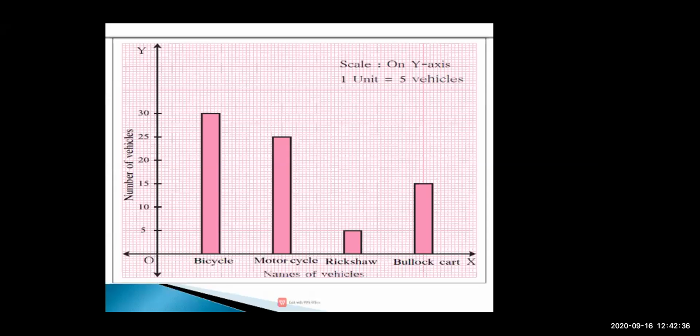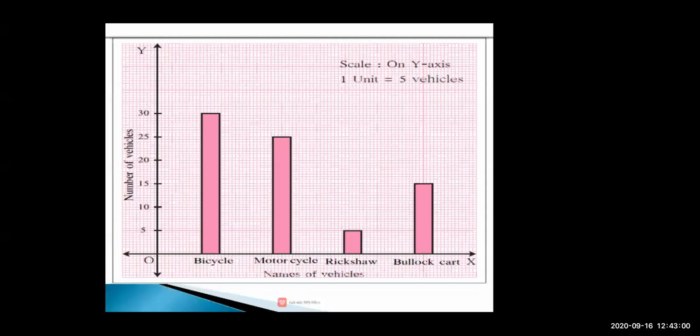Now after you have written the names of the vehicles and the number of the vehicle, after that what do you have to write? Names. How do you write names? You have to leave one box, then in the next box you have to write the name. Then leave one box, then write the name of another vehicle. Leave the bold thick line box, and write. And then, next, what do you have to write?